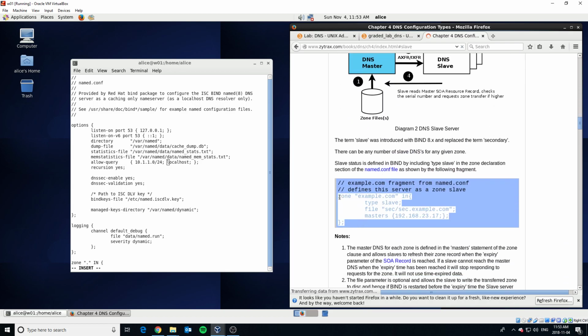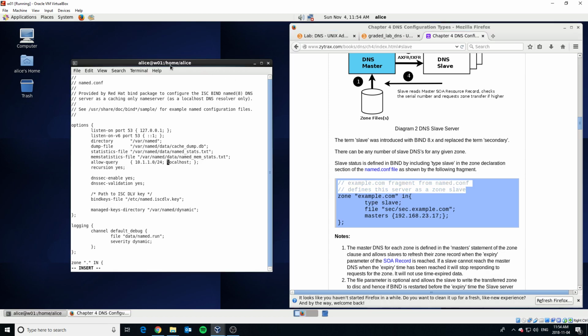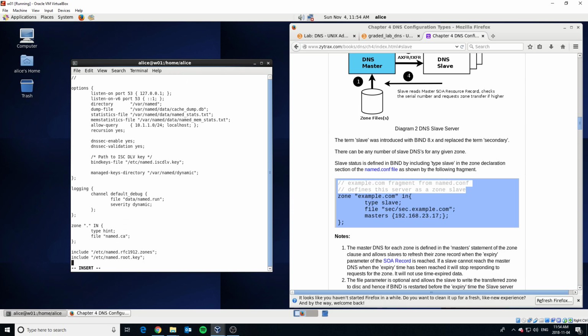So it looks like this. Zone example.com in type slave. Then it says file. We're going to be creating a new file called sec.example.com. And then we just have one new thing, which is called masters. And you're just going to put down the SO1 IP address here. So what I'm going to do is copy this. You don't have to copy this guy up here because it's just comments and it's not going to look for that. Go to WO1. You're still in insert mode, so just go down until you see the zone,